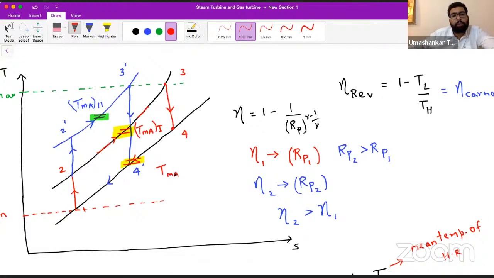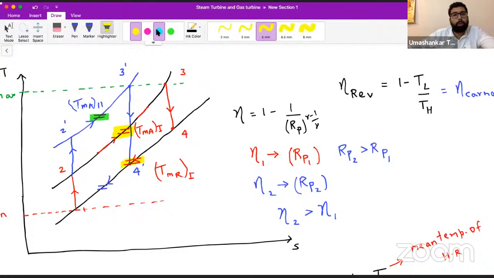We may call it TMR1, mean temperature of heat rejection of the first cycle. But if you see the mean temperature of heat rejection of the other cycle, that is 4 dash to 1, we can observe that now our mean temperature of heat rejection